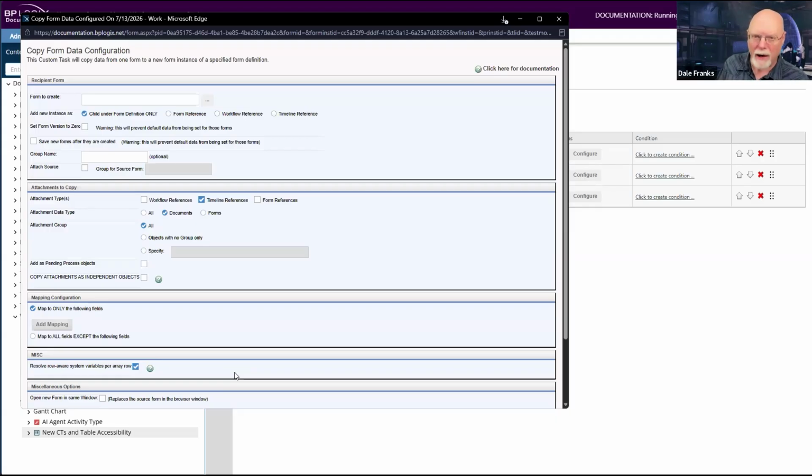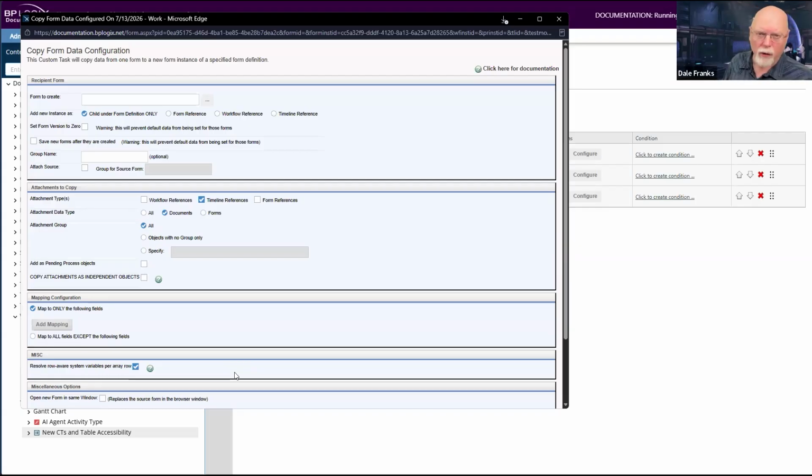So again, if we go back to the simplest one, the row number system variable. Now, instead of just having one value for row num, which I think would actually be the highest value, I'm now trying to remember because I never actually tested it, but I think it pulled the highest value. So if you had 9 rows in the array, all 9 rows, the value of row num, if you stuck it into a form field, would be 9.